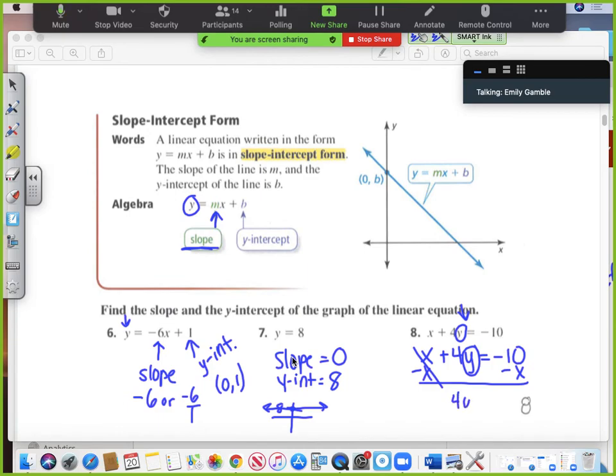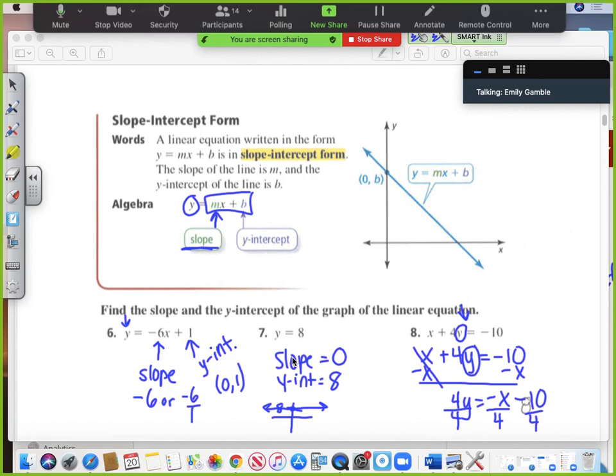We're left with 4 times y equals, and then it's important to realize that slope-intercept form has the number with x first. So I'm going to write negative x first and then the minus 10 second. I'm doing that instead of negative 10 minus x because then it will already be in the correct form. Now remember, we cannot combine negative x and negative 10 together because they're not like terms, so it would just be negative x minus 10. Then the last thing we will do is divide everything by 4,